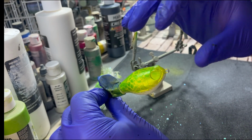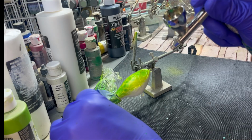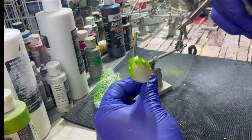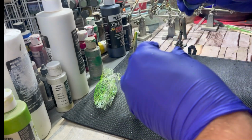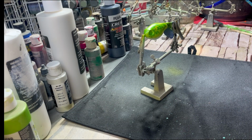I want the face to have a little more green, so I am just going to take the pearl green. I'm not going to go heavy, but I'm going to darken it up a little. Just a little bit. Okay, I like what that looks like. So we're just going to stick it right back into the helping hands, and we're going to go on to the next phase of the project. So get rid of the stencil off to the side. We're going to clear the airbrush and get ready to do some details